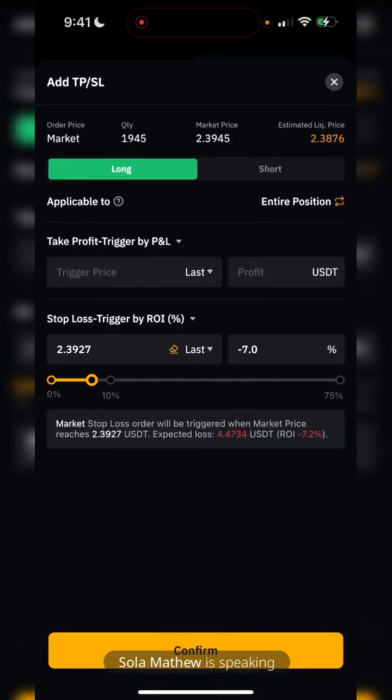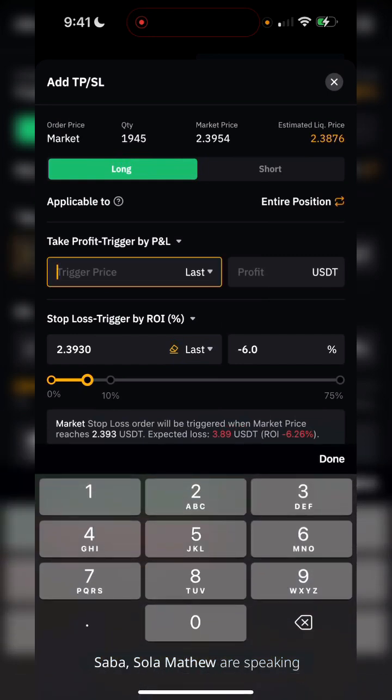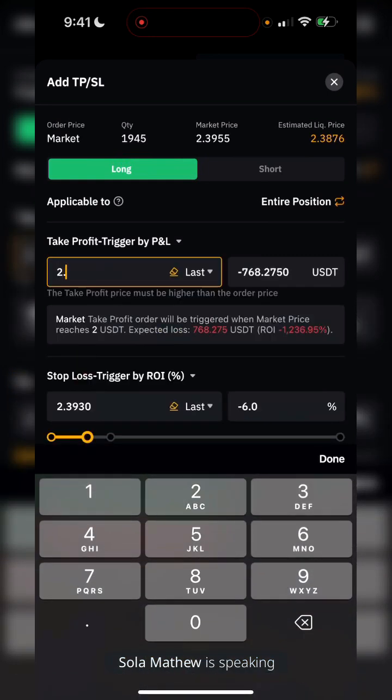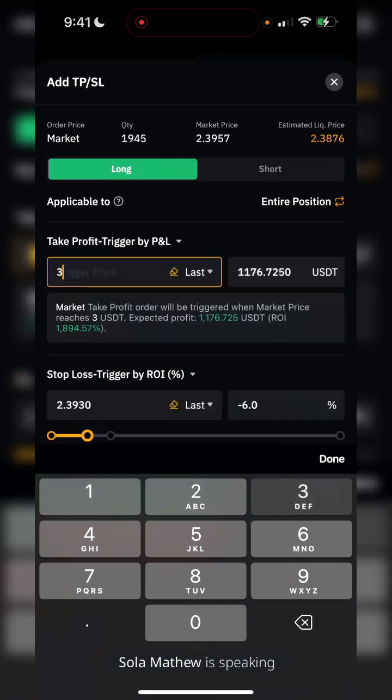I just want to lose, I don't want to lose much. If this market goes against me, at least if I lose like $3, it's not much. So that one I will not cry if I lose it. Then here, market price 2 points. So I will now say, once this thing gets to 3,